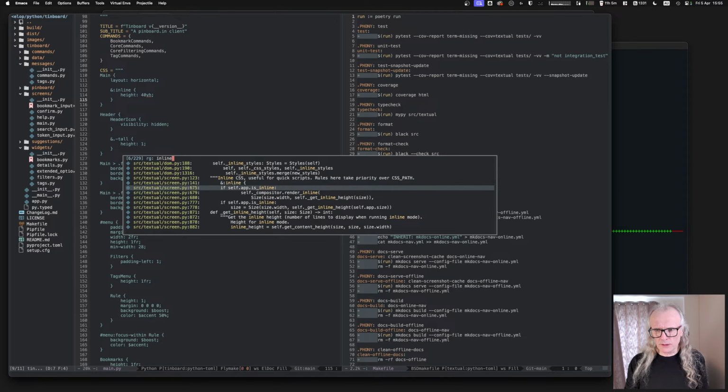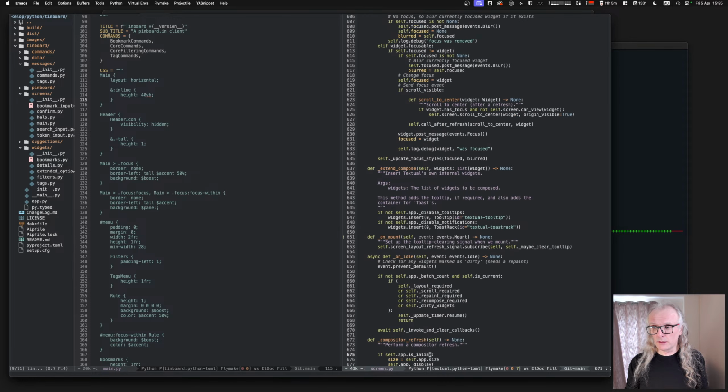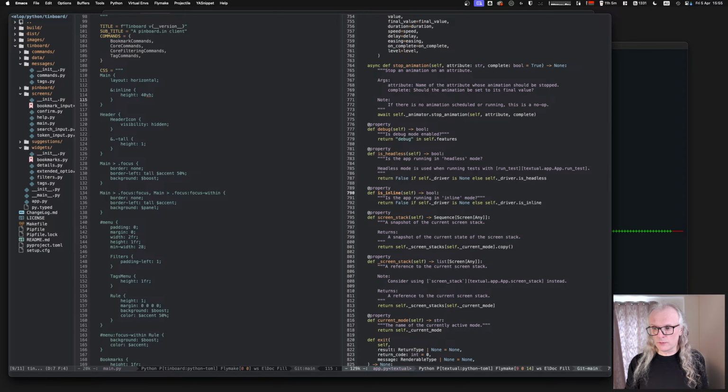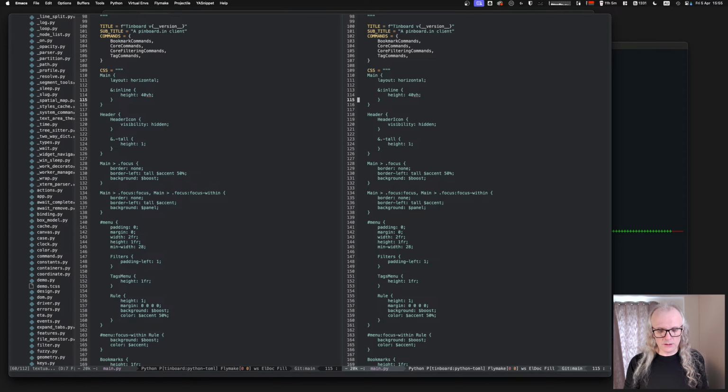Stuff to do with inline there. App is inline. Is inline looks promising, doesn't it? Is inline looks very promising. Is the app running in inline mode? It's exactly what we wanted. So this isn't how I'll end up doing it,